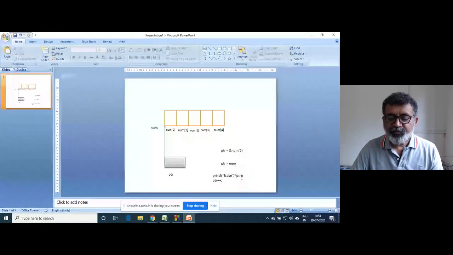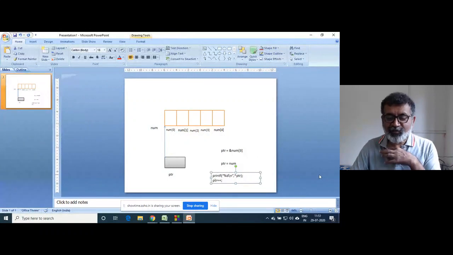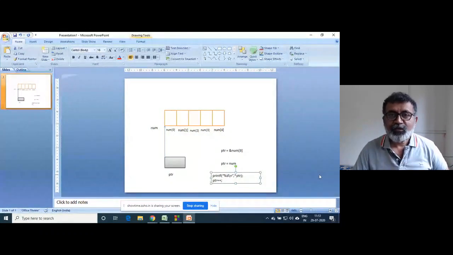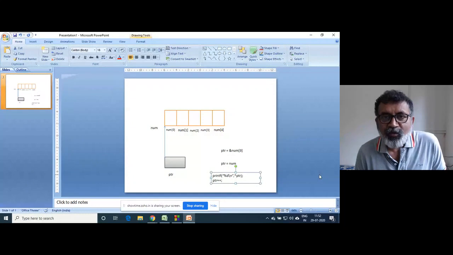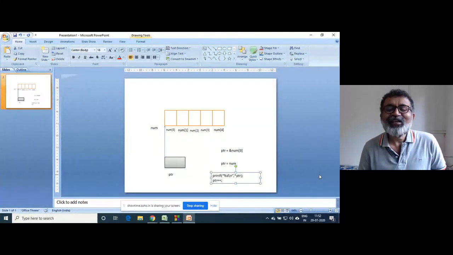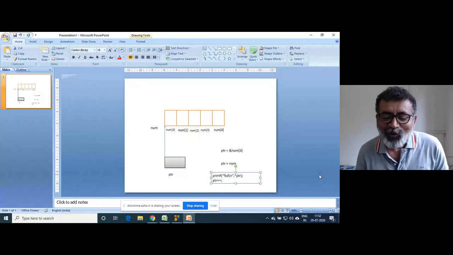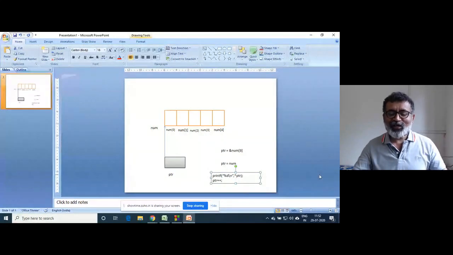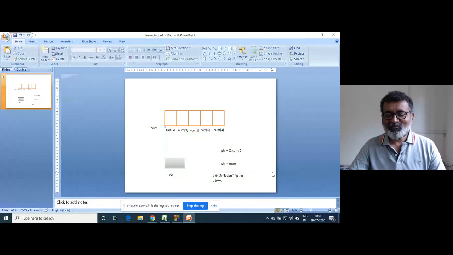Somebody should tell Bill Gates that each time, at least when we are teaching programming languages and creating slides for programming languages, don't make the first character a capital letter by default.